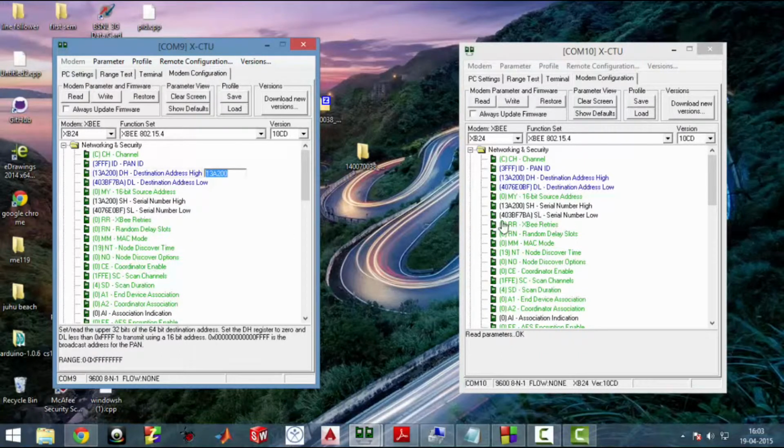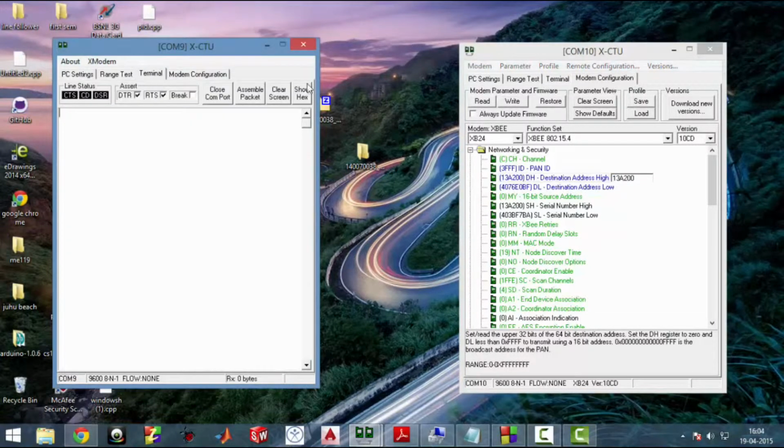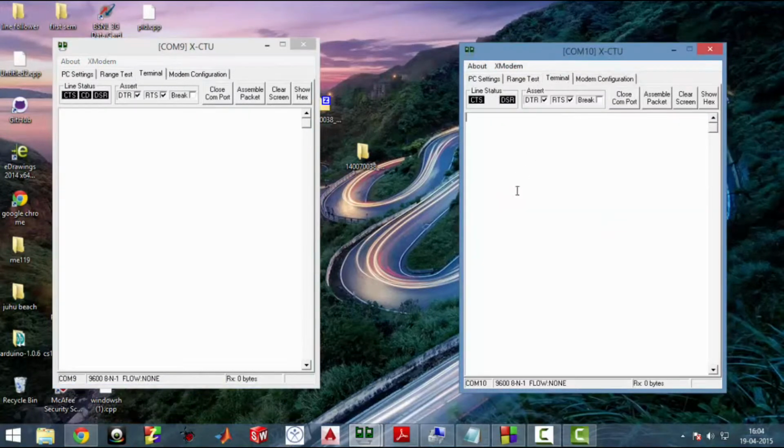For serial number low, 403BF7BA, you again copy this number to destination address low on COM9. Again, you do the same for COM9. There's a number here and you copy it to destination address high on COM10, and you do the same for serial number low.